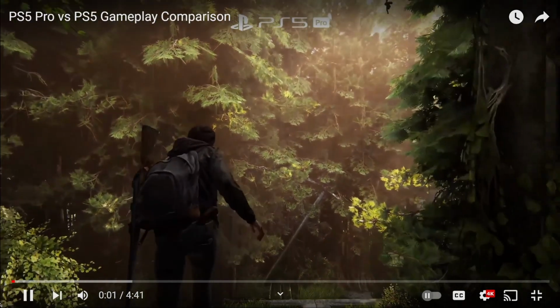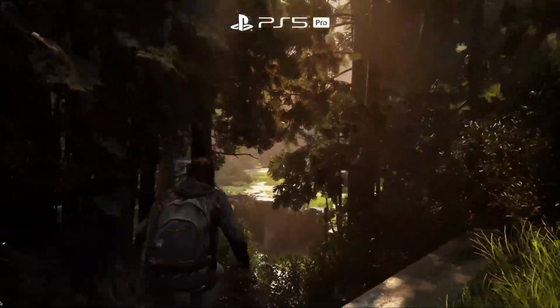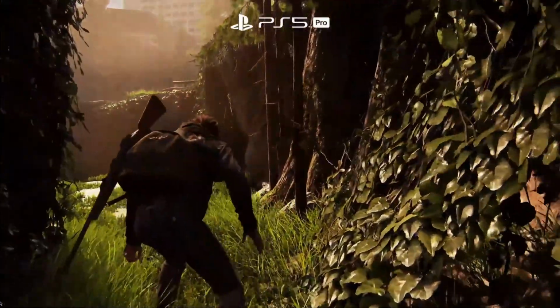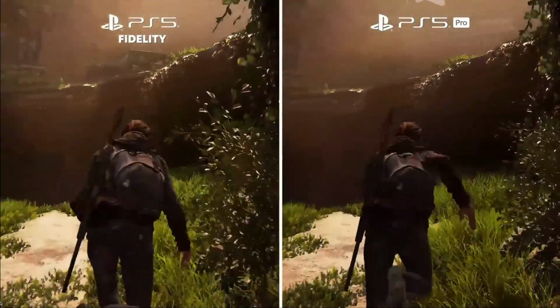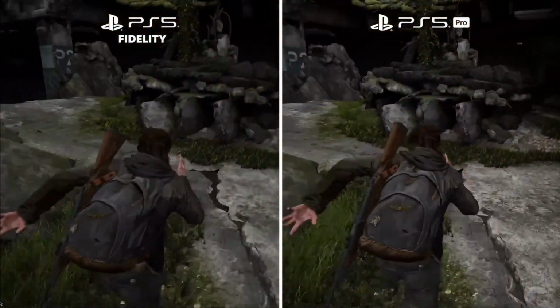Here's The Last of Us Part 2 running on PS5 Pro. It has huge amounts of detail and targets a super smooth 60 frames per second. Let's compare this to the fidelity mode on PS5, which is only running at 30 frames per second and is